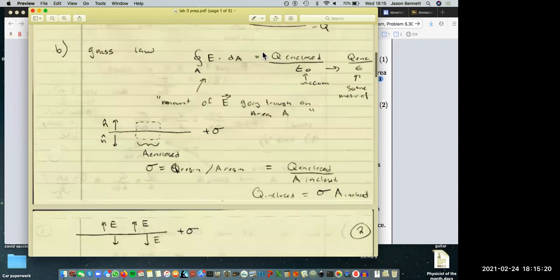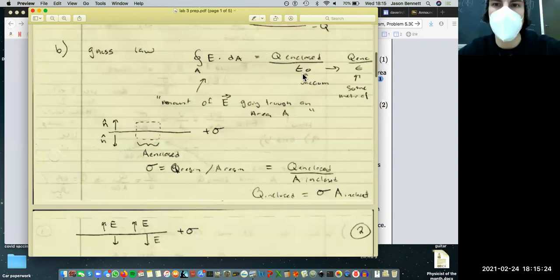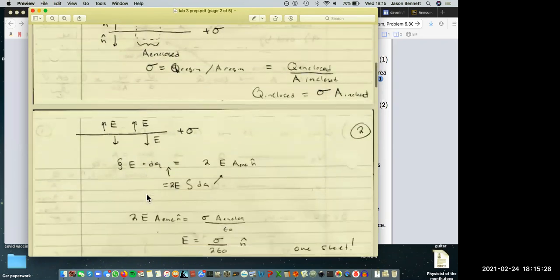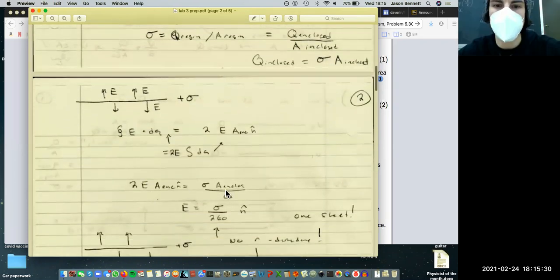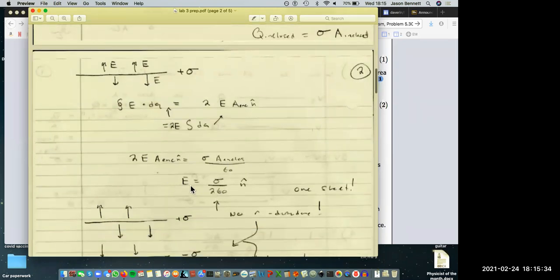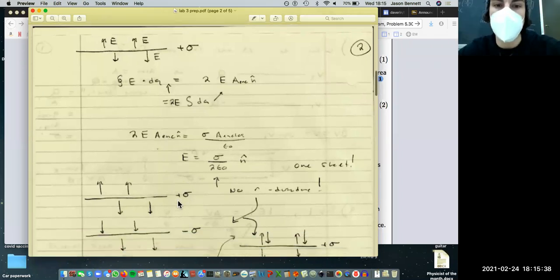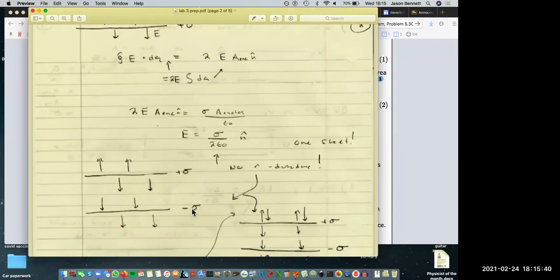So now both sides of these equations tell me that Q enclosed is sigma A over epsilon and 2EA. Now I can cancel out the A enclosed on both sides, and I'm left with the electric field of a plate. It's the exact same for a negatively charged plate, just with a minus sign, because everything's pointing